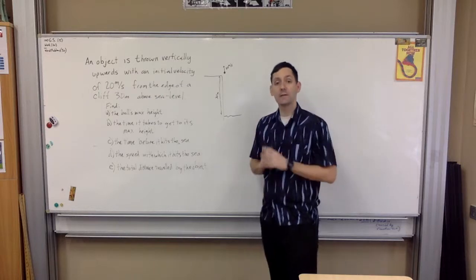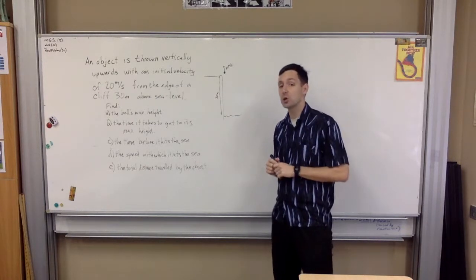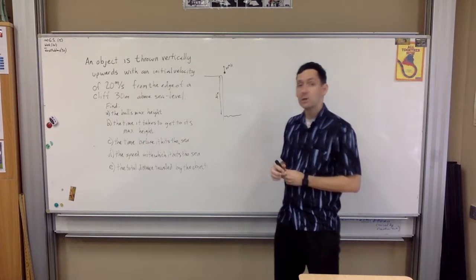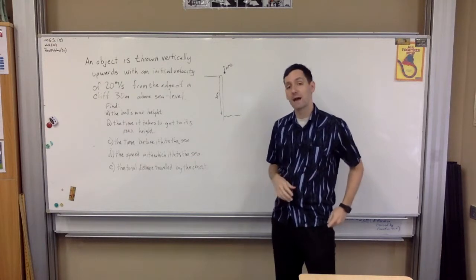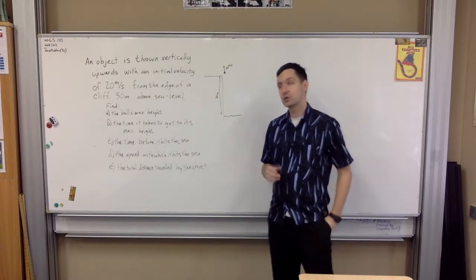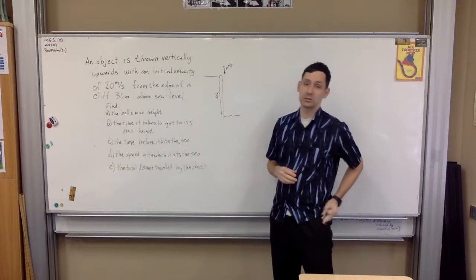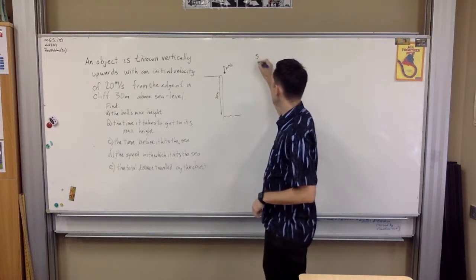Okay? That's all that's given to us in the problem, other than the fact that we are assuming that this is on Earth, and therefore we know the acceleration. Okay? So, the first question here asks us to find the ball's maximum height. Now, in order to do this, what we're going to do is we're going to use the SUVAT equations. Alright? So, I'm going to make my little table,